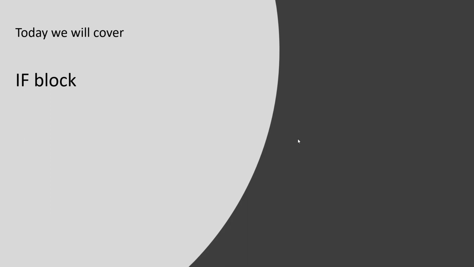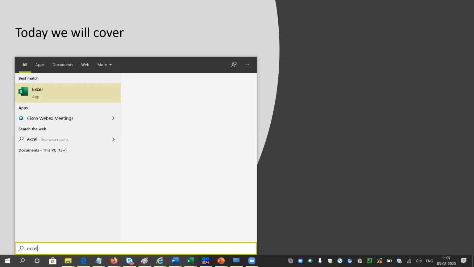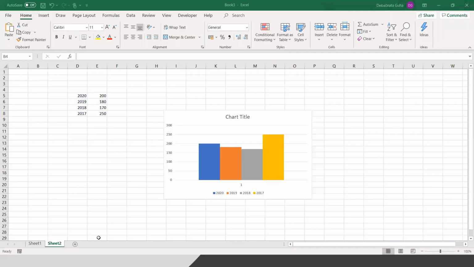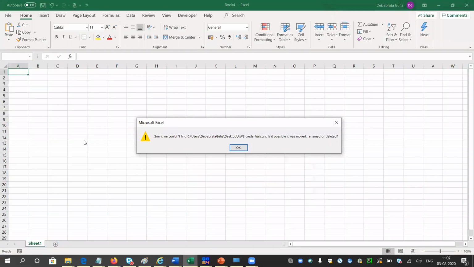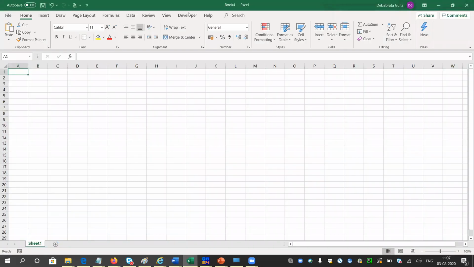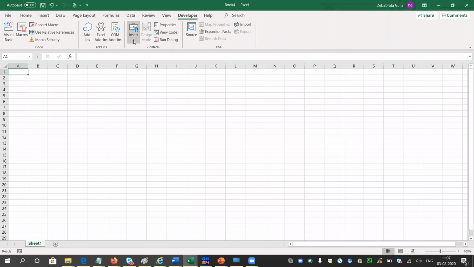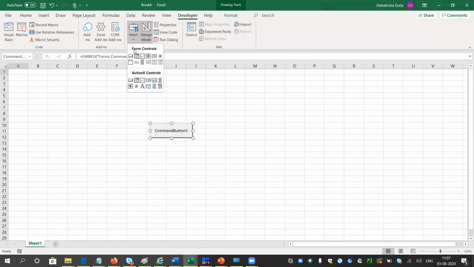Let me quickly go into the Excel app. If you do not know how to make an app using Excel, you can check my last video. From the developer tab, I am going to insert one button. You can try this at home, but it will not be in your syllabus. Just check this for fun. After that, I will move to the coding part. So do not need to think much, just check the app I am trying to build.